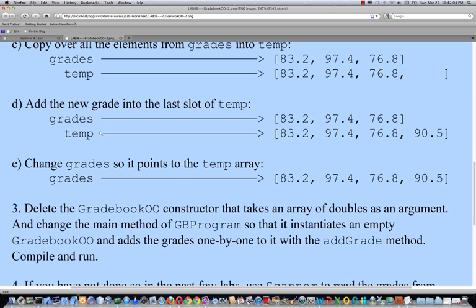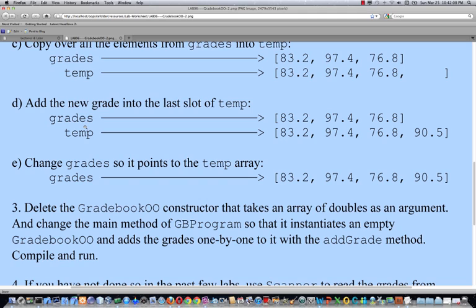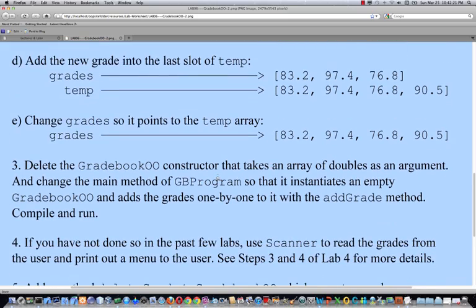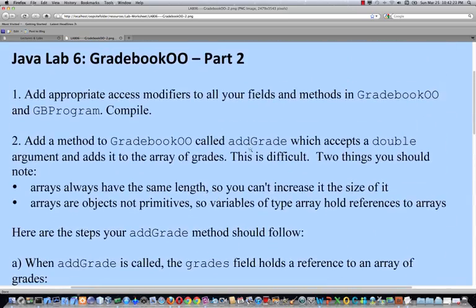Then the last step is we change the reference. Since these variables are references of the array, we change the reference of grades to temp. So grades now is pointing to the new array, not anymore the previous array ማለት ነው። So ይህንን ትሪክ እንጠቀማለን። So let's create a method called add grade. It takes a single double argument and adds it to the grades field ማለት ነው።